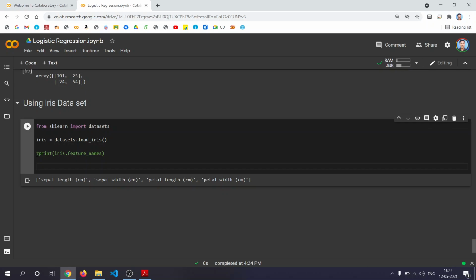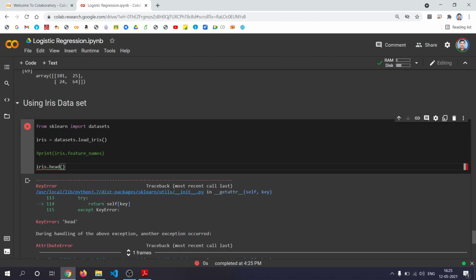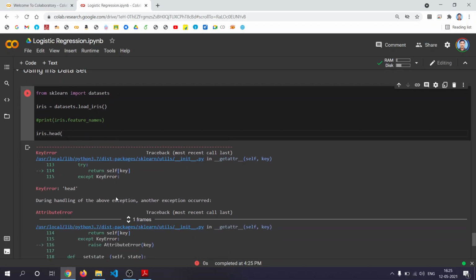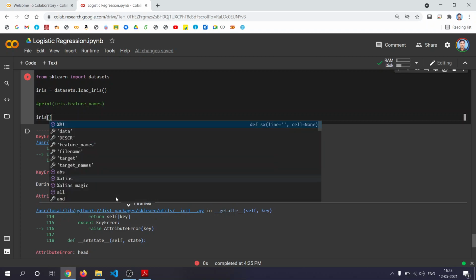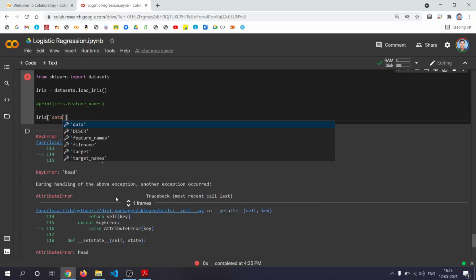Now let's take a few entries. Iris is available as iris.data and iris.target. So you should use this iris.data.